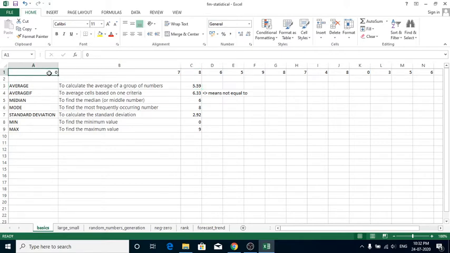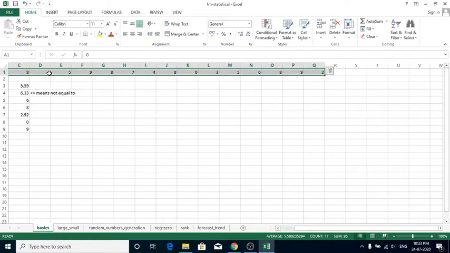If you have the data going down, press Ctrl, Shift and down arrow. If you have the data sideways, press Ctrl, Shift and that side arrow. Here I have the data on the right-hand side, so I am pressing Ctrl, Shift and right arrow key. This will help you easily select the cell range values.